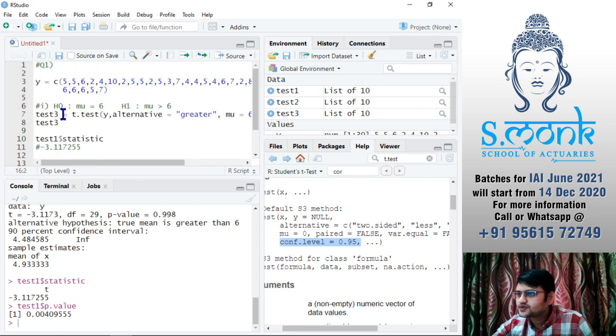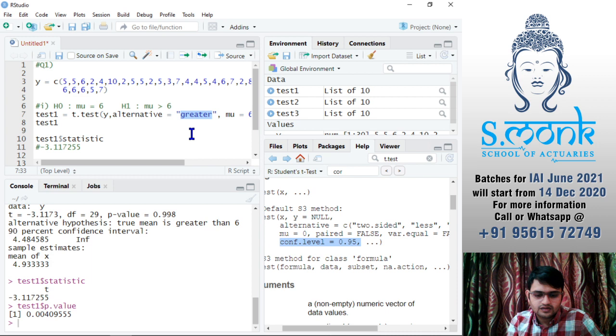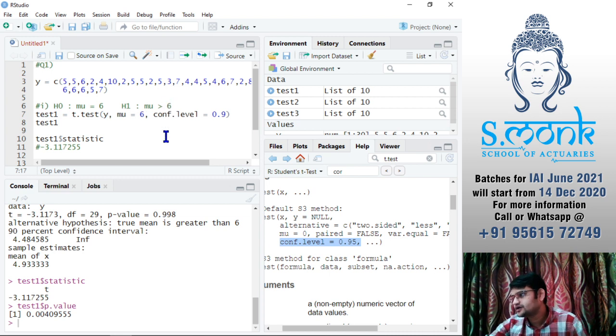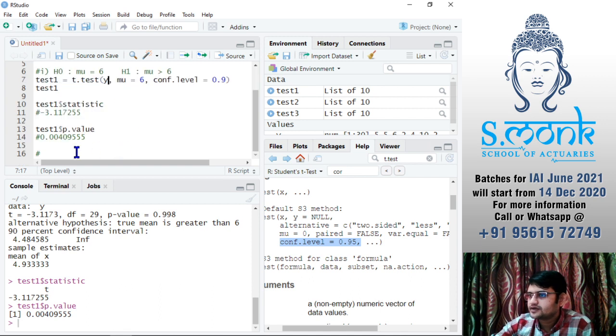Now let's assume this was all for test 1, so I will write test 1, and here we had both side, or you can actually skip alternative. By default it is going to be both sided, double sided or two sided, whatever you want to call it. So you can skip writing it.